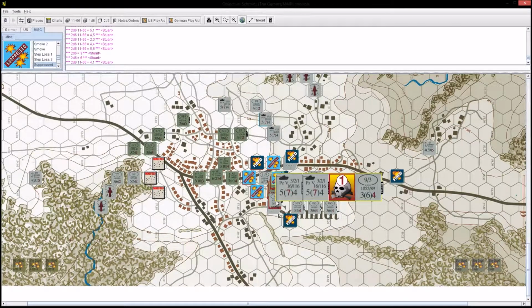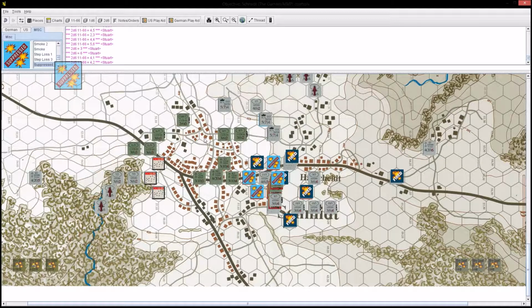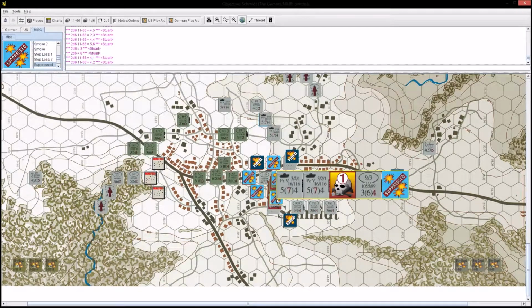He's going to be 4, 5, 42. He's equally suppressed as well. So they cancel each other out. So next round we've got 10, 13, 17 plus 2, 3, 4, 17 with a +4